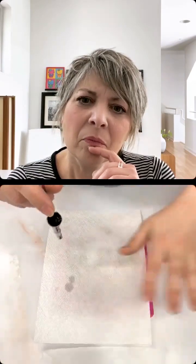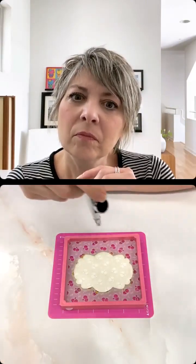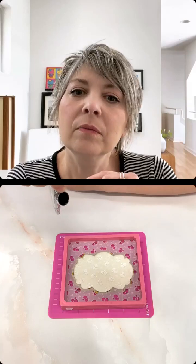If you want an all over color, you want to pull it back further, gently pull the trigger, and just overlap. It's harder to see because it's such a pale pink, but it'll get you one nice even shade. If you're going for a darker color, do it in layers. Don't try and make it dark all at once, because it's just too much, and it'll smear the royal icing. Moisture is kind of the enemy of royal icing. So if you spray too much liquid at a time,